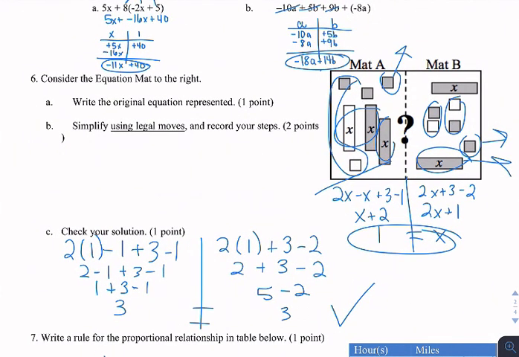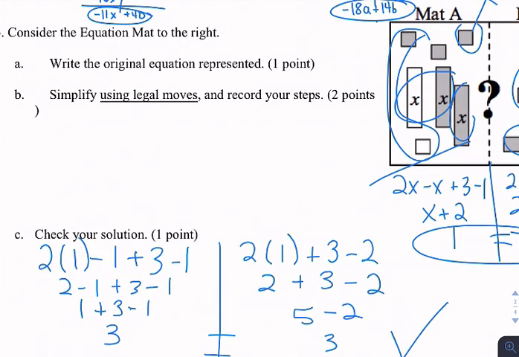Then it says to check your solution, and this is a really important thing to do to make sure you have gotten the correct answer. So what I did was I took my original for mat A, that was 2x minus x plus 3 minus 1, and anytime I had x, I replaced that with a 1. So instead of 2 times x, I had 2 times 1, minus 1 plus 3 minus 1, and when I simplify using order of operations, going from left to right, I get 3 for mat A,